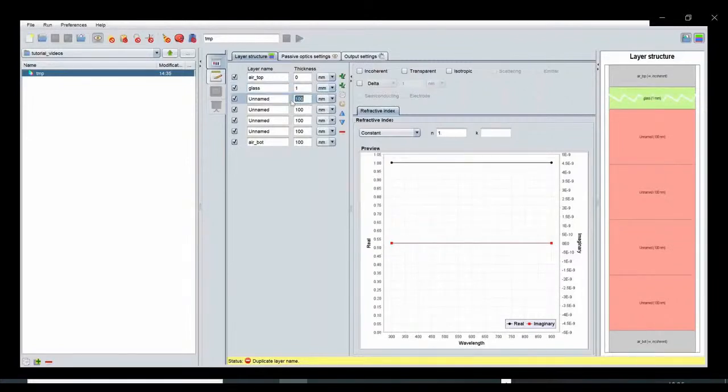This is followed by 125 nanometer of ITO as a front electrode, 50 nanometer of PEDOT, and then 100 nanometer of P3HT:PCBM as an active absorber. And I just finish up with a back reflector of aluminum of 100 nanometer thickness. In the first step, the solar cell will be simulated optically with the aim of finding